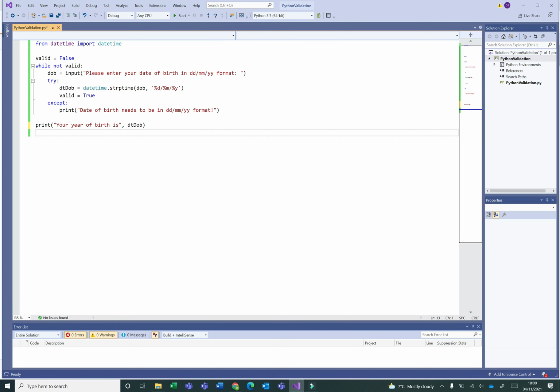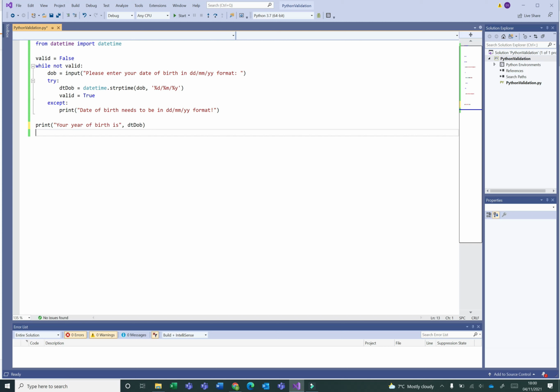Apologies, my video randomly stopped recording there, so I've jumped just a little from where we were. So I've used this datetime library and got my variable here, which I'm going to use for validation, and have my while loop here.